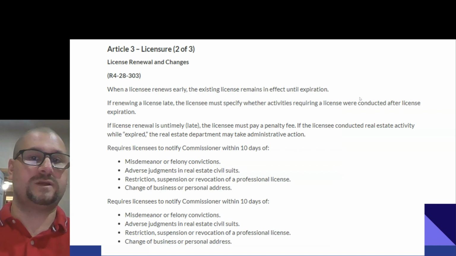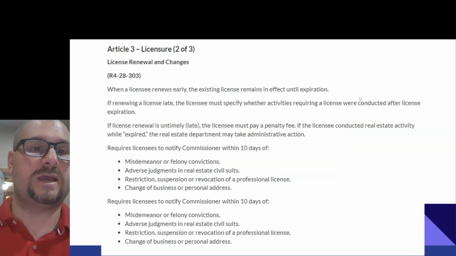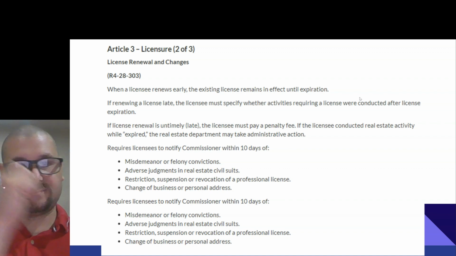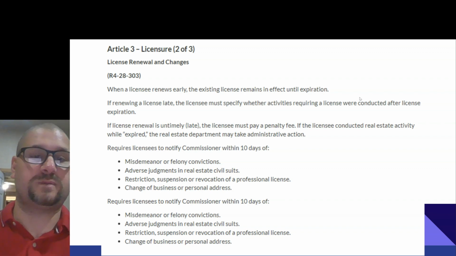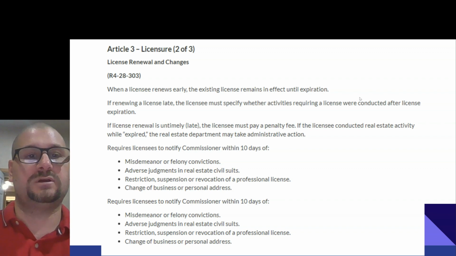Licensees must notify the commissioner within 10 days of a misdemeanor. If you catch a misdemeanor or a felony conviction, you have to notify the commissioner within 10 days. Also adverse judgments in real estate civil suits, restriction, suspension, or revocation of a professional license, and change of business or personal address.